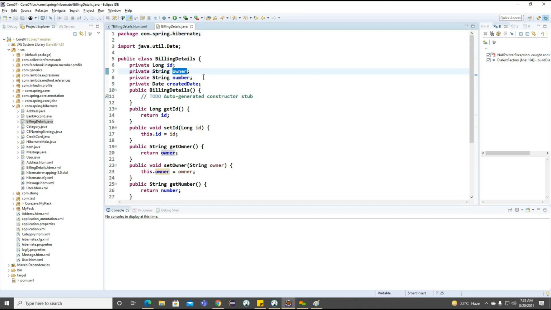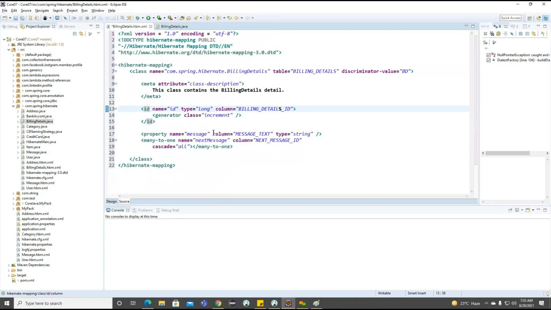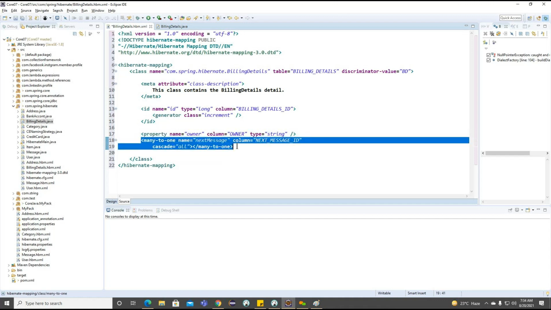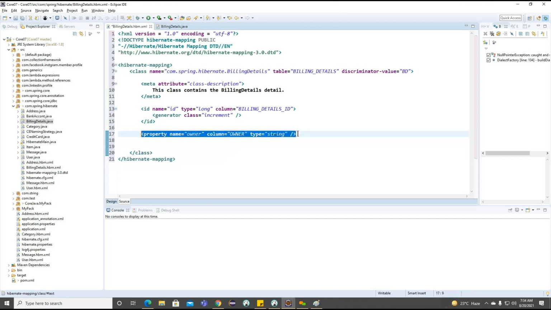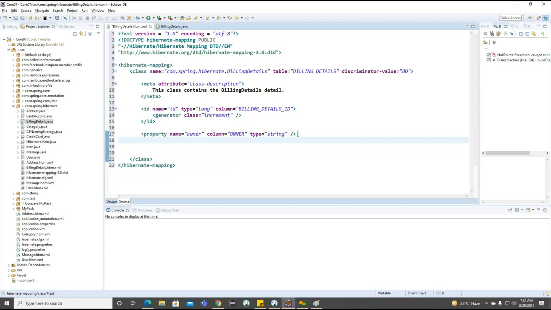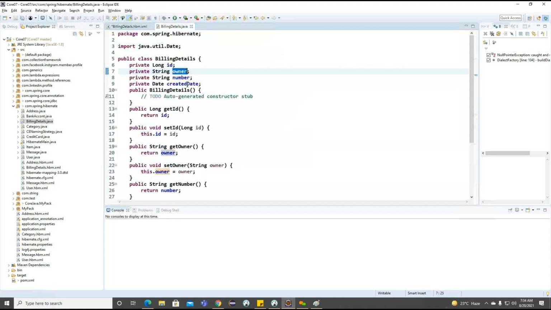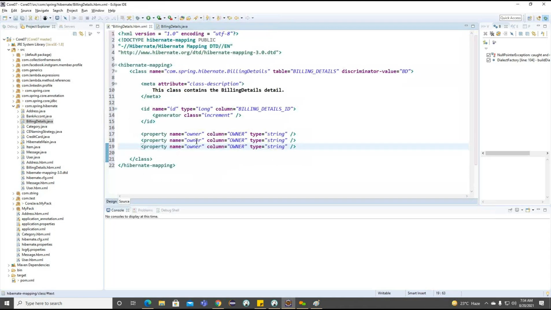So we are having the owner property. Column also we can make, and type String here. Okay. Now you can see after owner we can go for the number here.